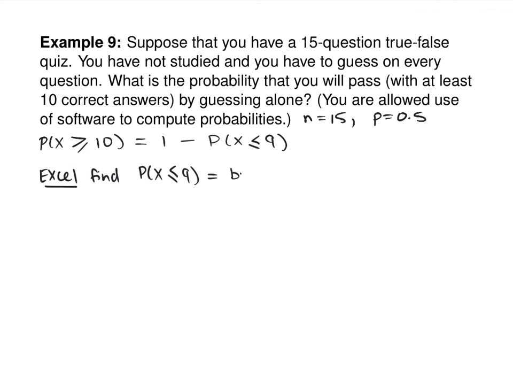And that is BINOM.DIST, that's the command. First is k, which is 9. Next is n, which is 15. Next is p, which is 0.5. And then we say true because we want to do the CDF. And this is